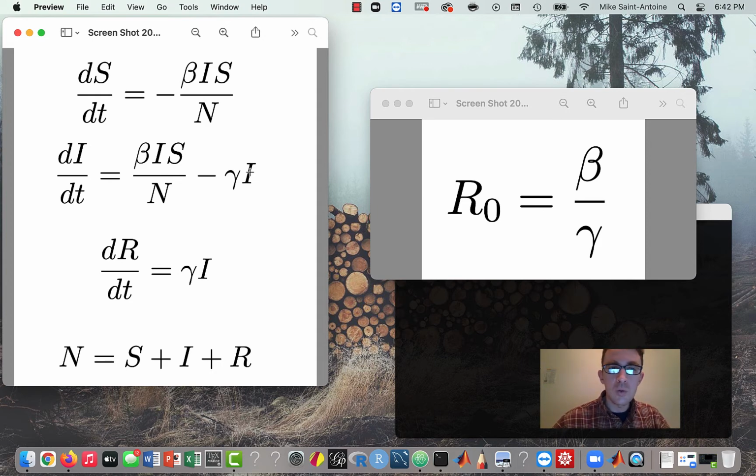times I, which is the current number of infected people. So pretty straightforward there. And then R, which is the removed category. This is just going to be positive. It's the same term that the I state is decreasing by. Those people who are leaving the I state